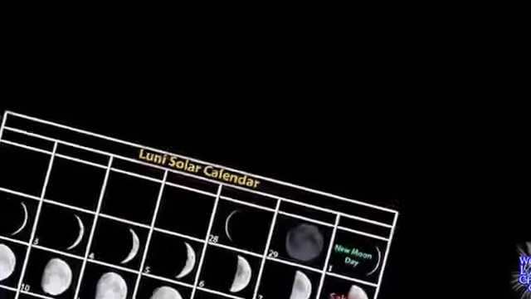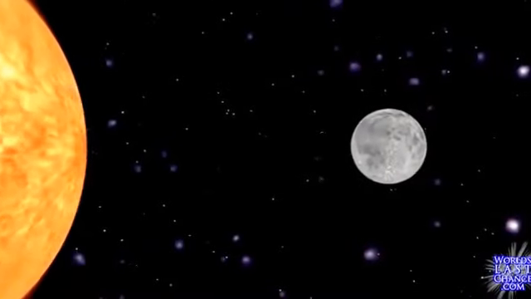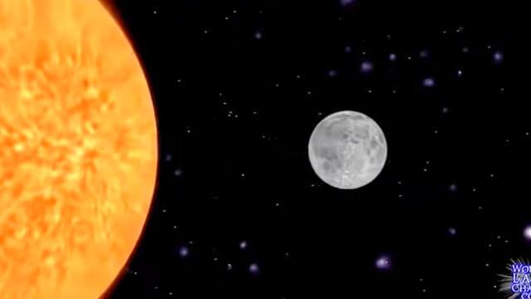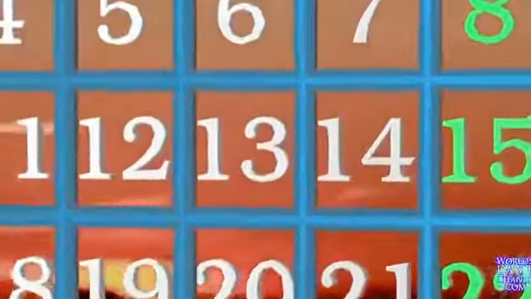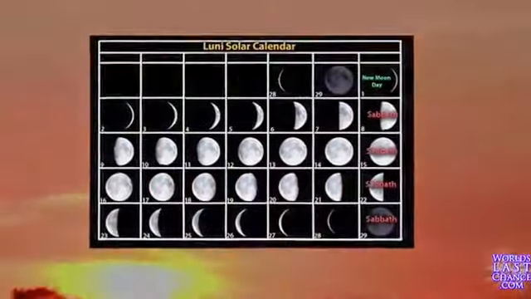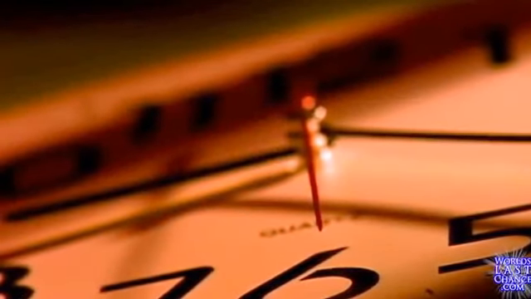Lunisolar, lunar months anchored to the solar year. The sun and the moon functioning together make a lunisolar calendar. Lunations are adjusted to the longer solar year by adding a 13th month 7 times in 19 years. The weekly cycle restarts with every new moon. Each lunation has 4 complete weeks. The calendar established at creation is lunisolar. It is the most accurate and precise of all timekeeping systems.